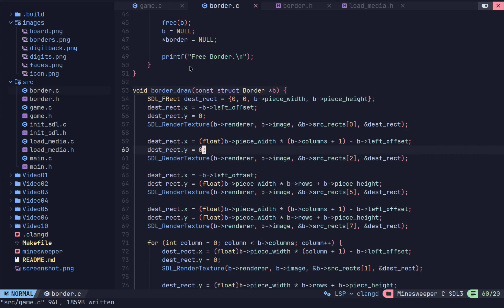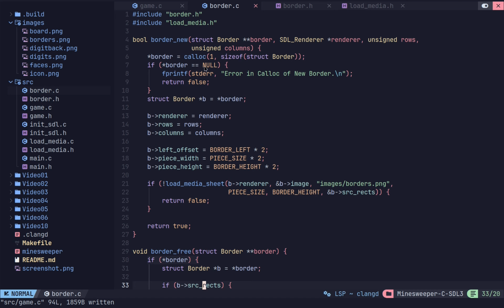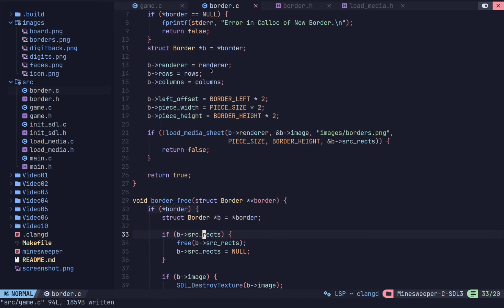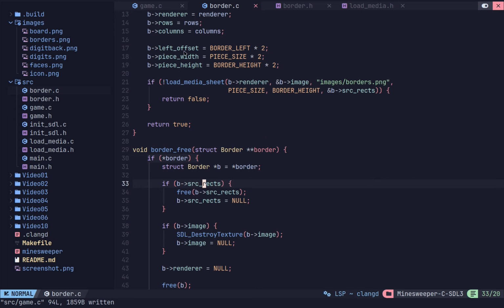So in border, we're callocing. So we're allocating the memory to border the way we always do with the address to the border that we passed in. And we're making sure it was allocated. And then we're giving ourselves, say, a local b variable, so we don't have to keep dereferencing it. And we're setting the render, we're setting the rows and the columns, so it can be held internally. We're also, right now, just hard coding in that it's 2 times the size. But we have our left offset, we have our piece width and our piece height, which is the border left, the piece size, because that's 16, and the border height,